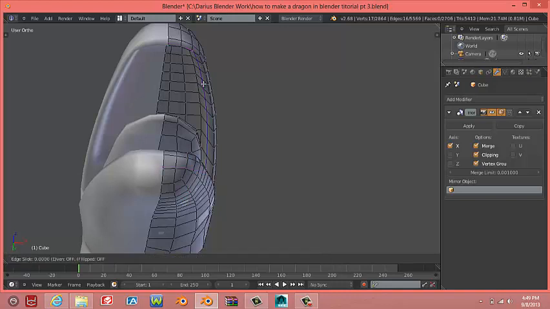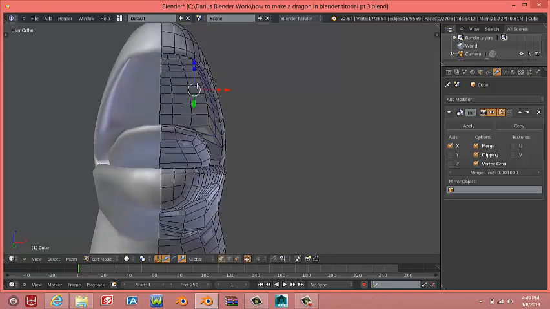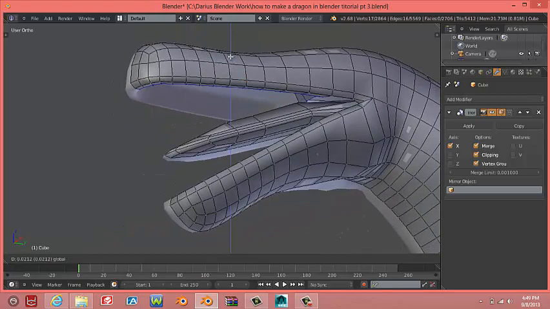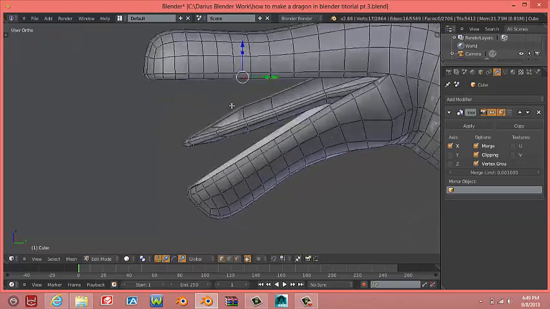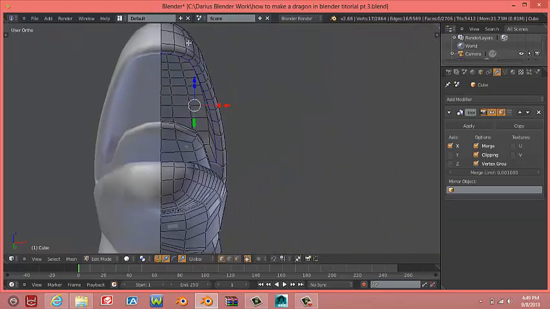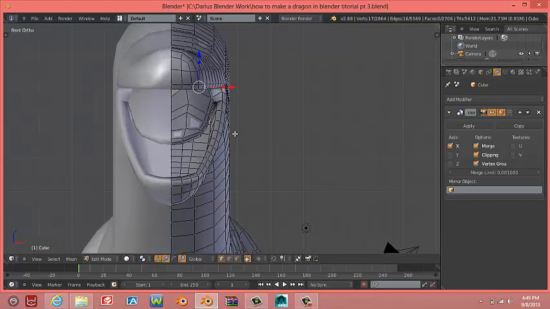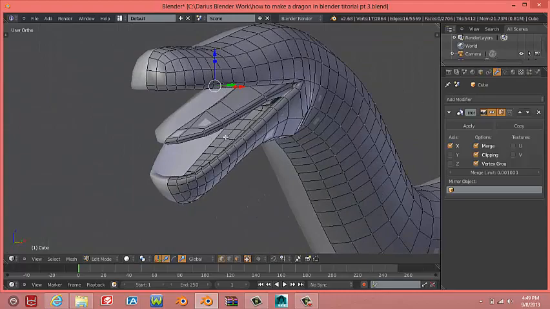Control R, double click to make that selection true. Drag it down. Okay, now it's in the same position as the top so that we can make teeth at the top. So now what we are going to do is, well,